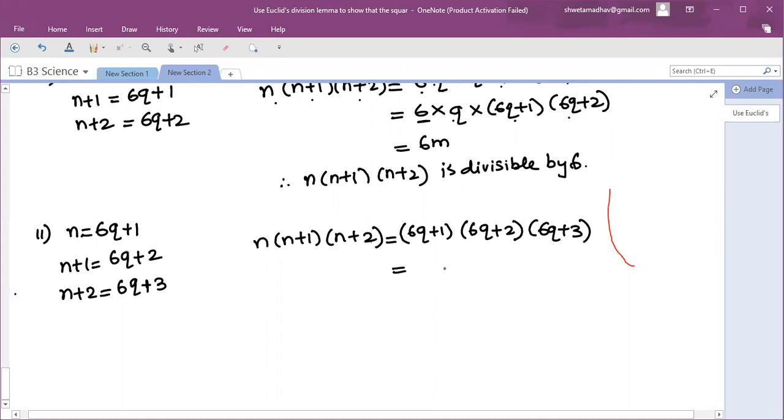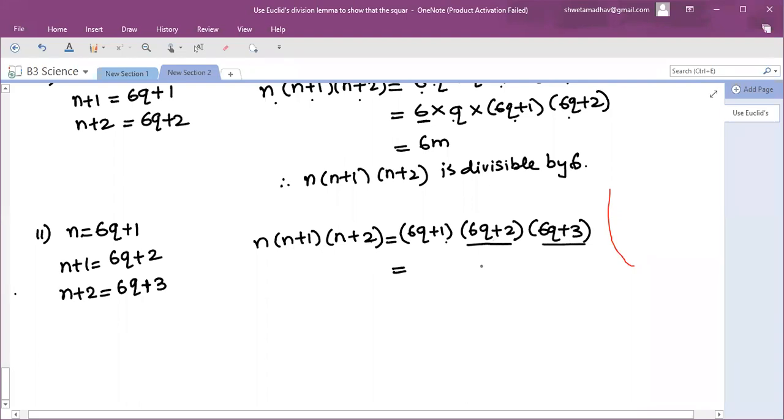From where? You have to expand it. No, don't expand it. Ma'am, you can open the bracket. Do something like this: the first term is 6q plus 1, so the second term you can write as 6q plus 1 plus 1, that is 6q plus 2. Or simply you could write 6q plus 1 the whole cube minus 6q minus 1. Don't do that calculation, take it simply. Here is a product already. So can we take 2 common from this 2 of 3?